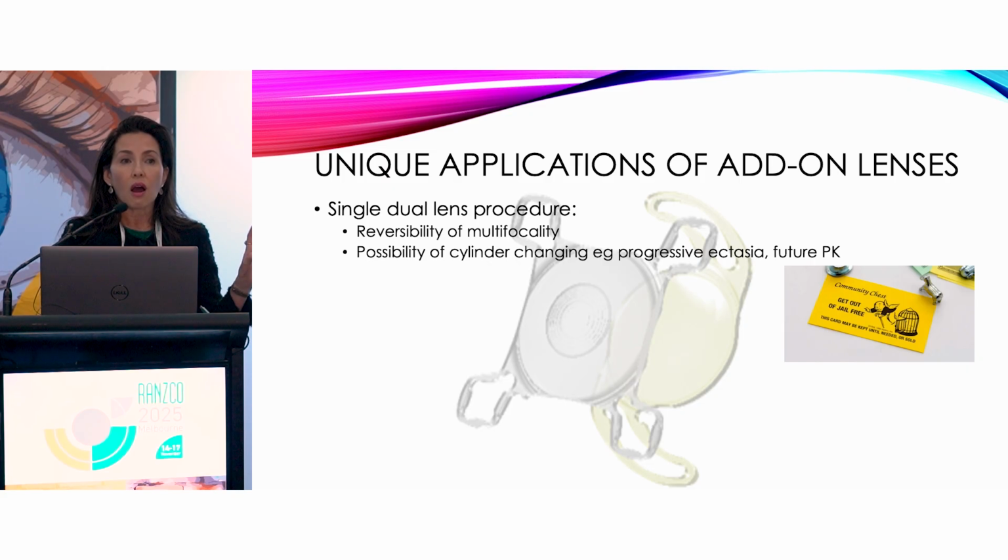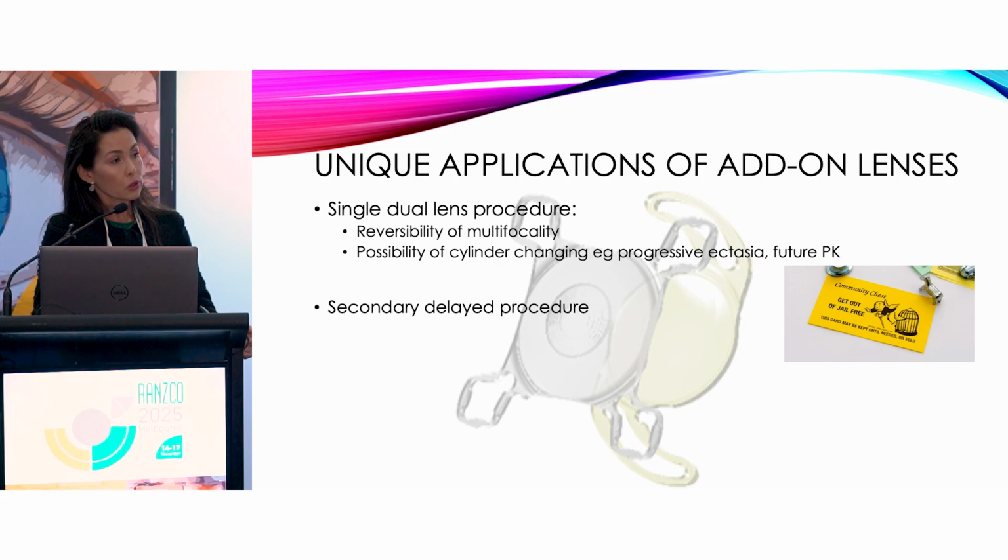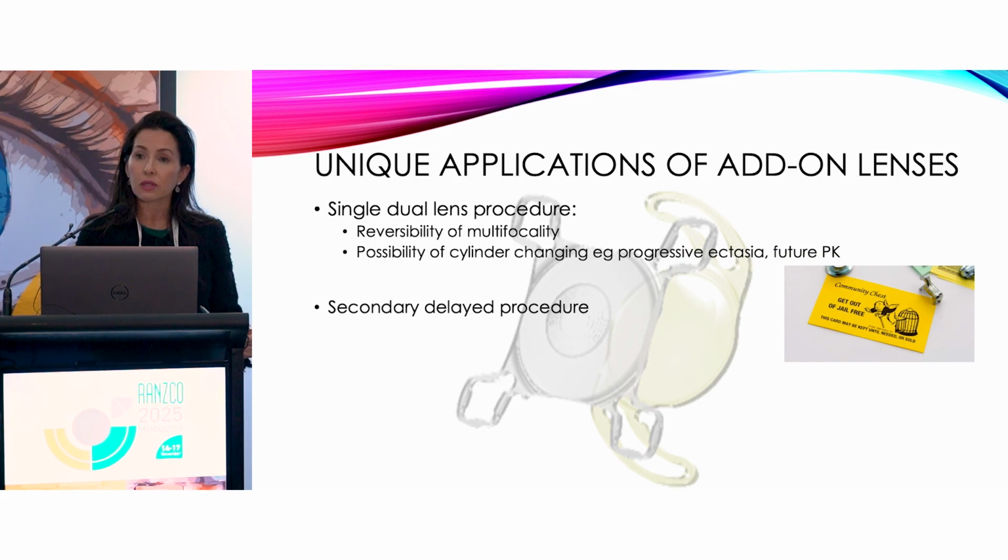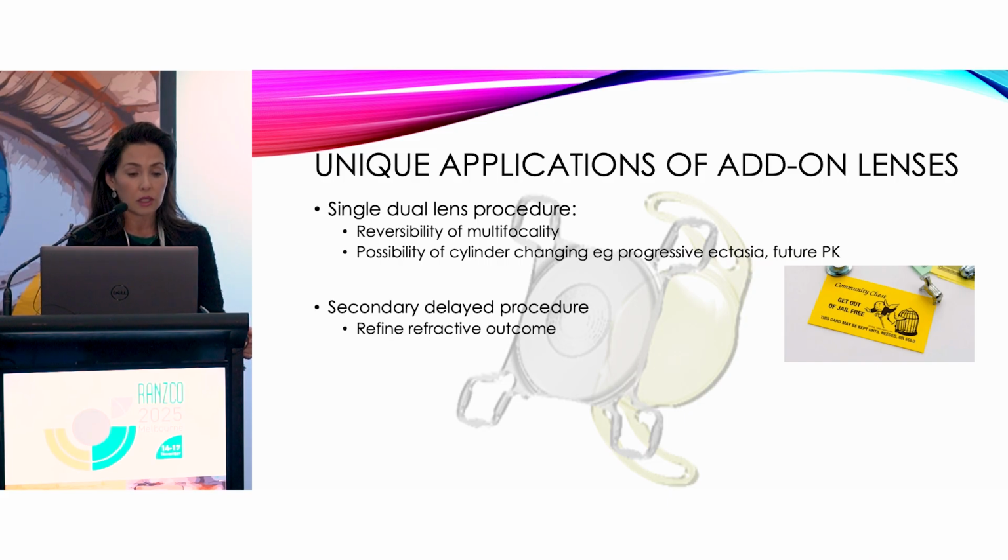If you think that their eye is going to change, if they might need a future PK, if they're actinic, you might want to change the astigmatism correction down the track. So that's another reason why you might put in a toric as a dual. You can also use it as a secondary delayed procedure, and that's probably the most times I use this lens